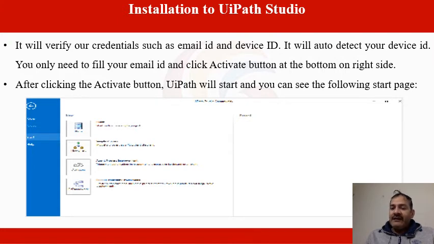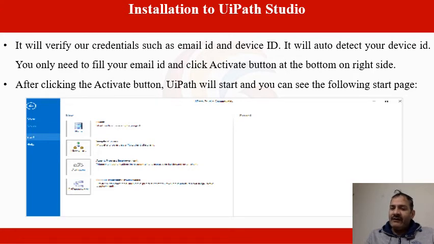Device ID is the name of your computer. It is either fetched automatically, otherwise you can write the name of your computer in the device ID. It will auto-detect your device ID.